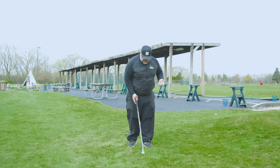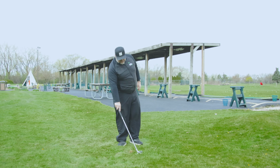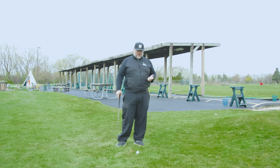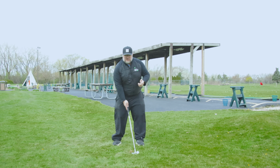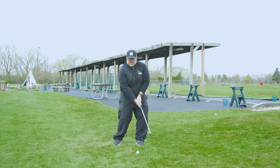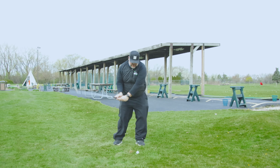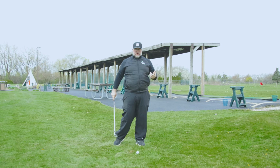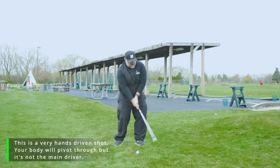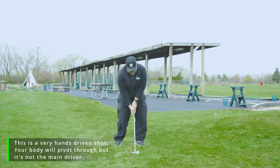The other thing I can do, though, is go for the super flop. The super flop is very high risk, but it can be really cool on the reward part. So what you do is the same setup, but here we're going to be making a V-shaped swing. I'm going to bring it up, bring it down, and bring the club back up really quickly. So I'm really swinging the club vertically, and I'm going to swing it with some speed, trying to throw the club under the ball. And the more speed I add,